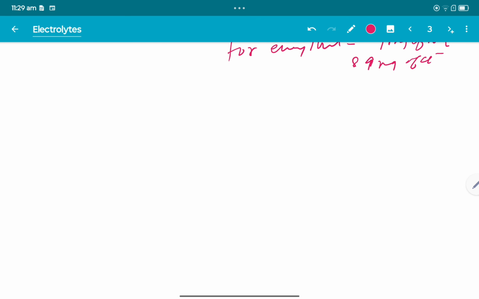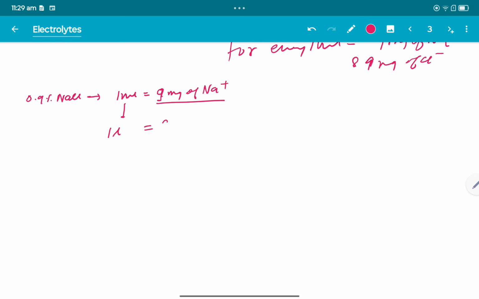If we take only one cation and leave the anion chloride, 1 ml of 0.9% NaCl solution will have 9 milligram of sodium. So 1 liter